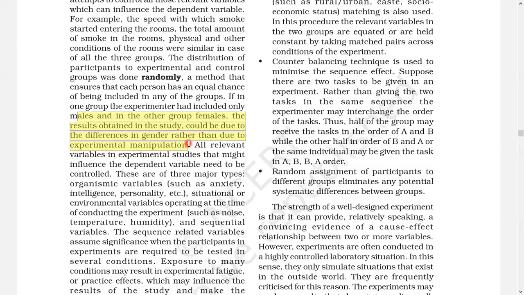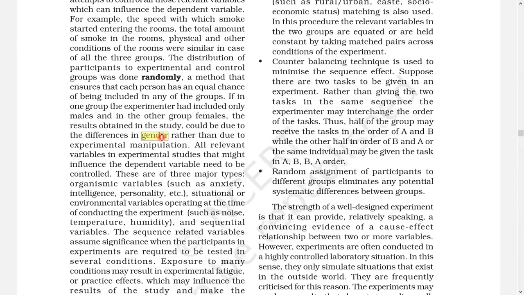Like you are just concentrating on the smoke factor, the independent variable, but there is a hidden variable, an external variable like gender, which is affecting the dependent variable. If you did not control that one, the results obviously will be manipulated by that particular factor. So you have to be very careful.